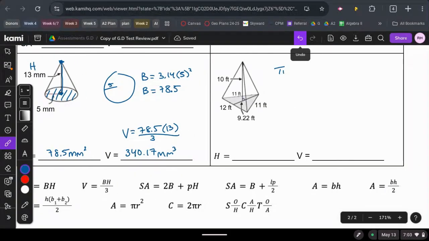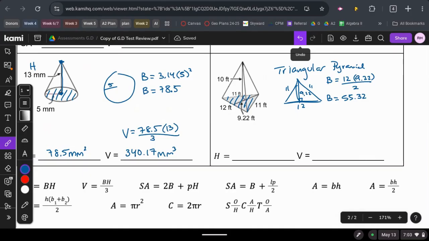This is our triangular pyramid. So area of the base, we're going to need that because we're finding the volume. I'm looking at a triangle. I've got an 11, 11, and 12, and then this height here is 9.22. So when I find the area of this triangle, I'm taking the base and height, which form the right angle, and that's 12 times 9.22. But that's a rectangle, so we've got to divide it by 2. So the area of this triangle is